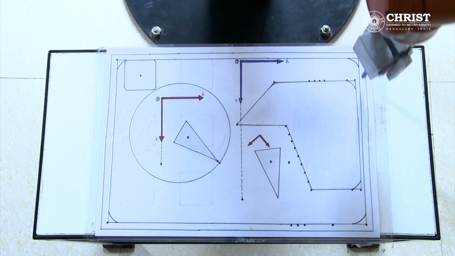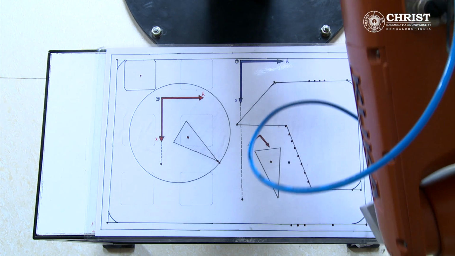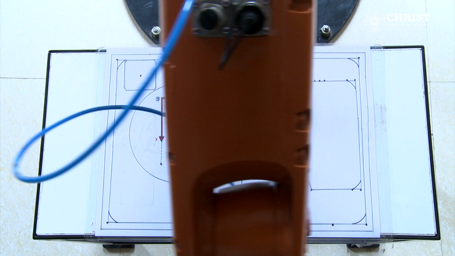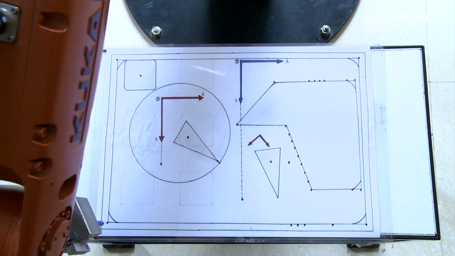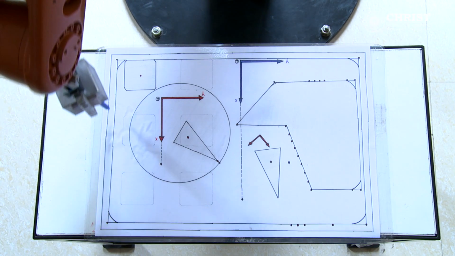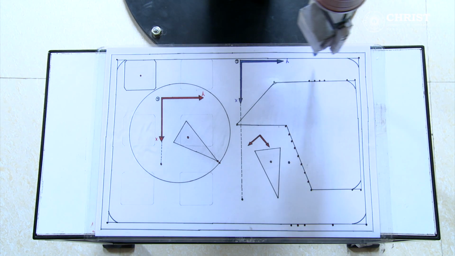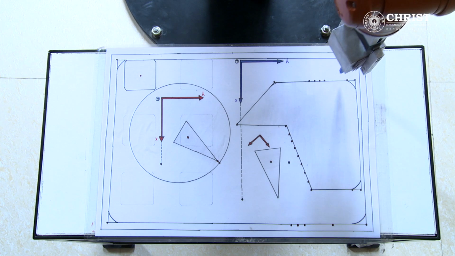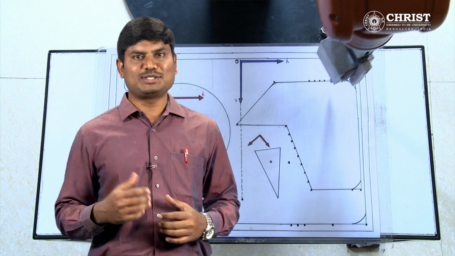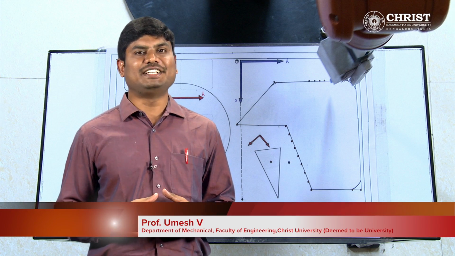The robot will go to its first position. Once again release the start key and press it. It will take the robot to second position. Similarly, drive the robot to third, fourth, and from fourth position to its initial position by releasing and pressing the start key. This is how we will execute the linear command in T1 mode.